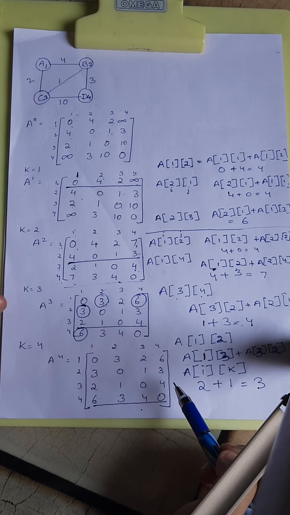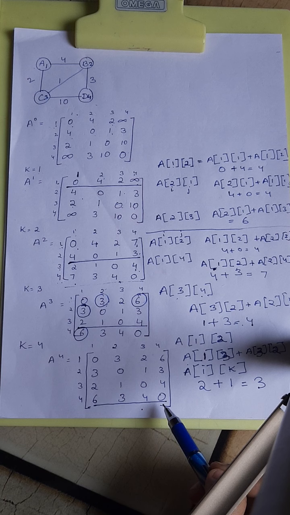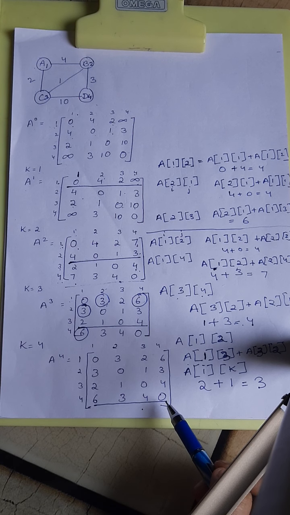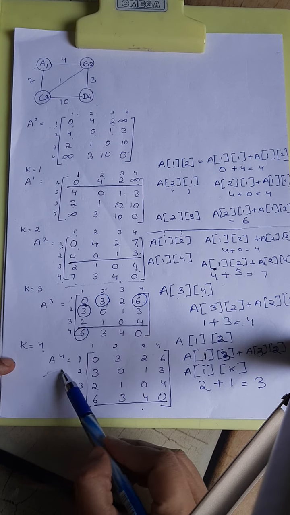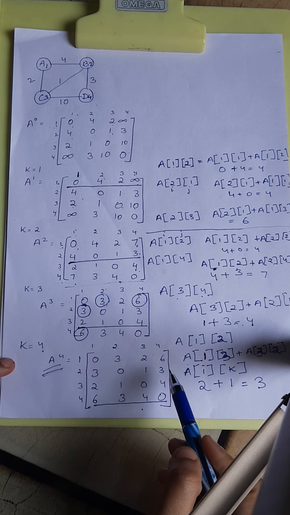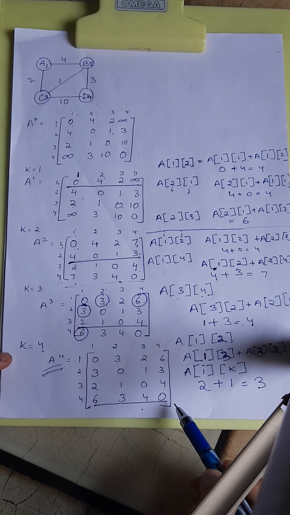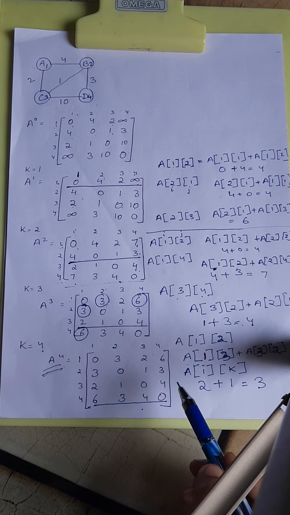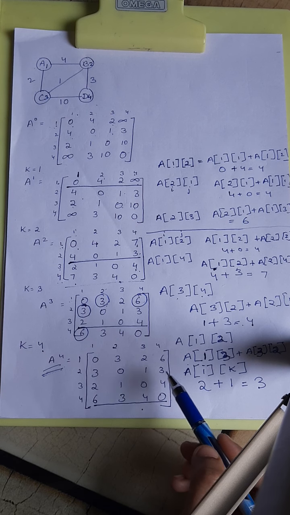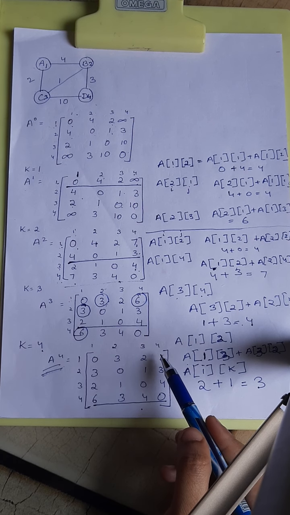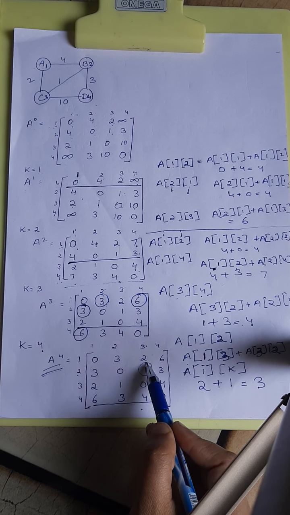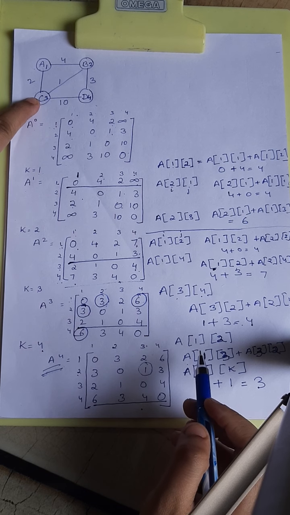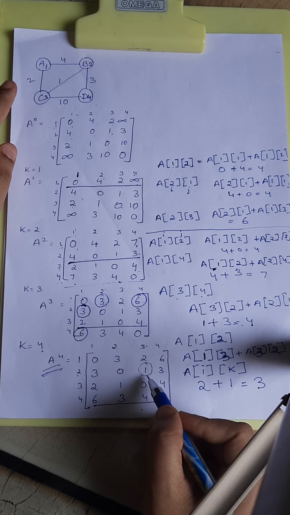So now whatever values you got in k equals to 4, I said that this procedure will run for number of nodes. Here in this example, number of nodes are 4, so this will run for A4. So at A4, whatever matrix you are getting, that will be the reachability matrix, and that will be the shortest path from one vertex to another vertex. If you can see, from 2 to 3, the value is 1, which is shorter. We are having other routes also, but we are getting the shortest route.